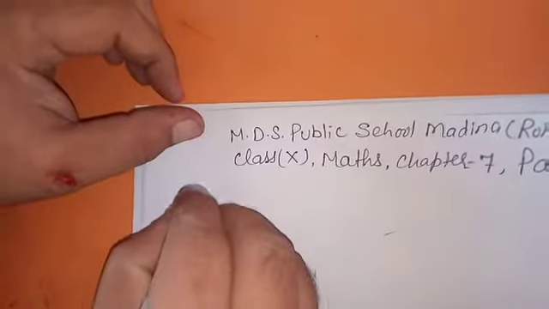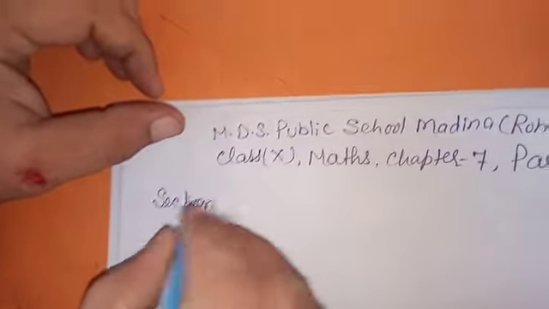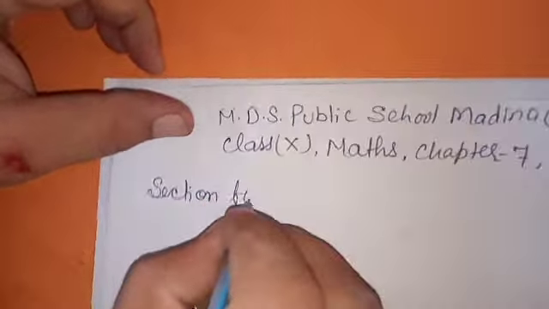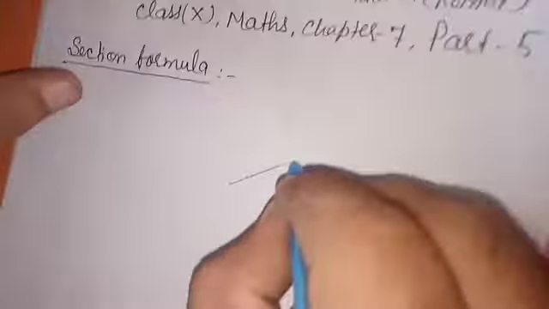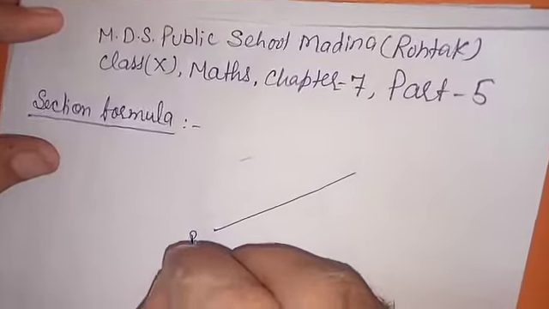In the last chapter, we did the distance formula and related questions. Now we can start the section formula. We know how to find the distance between 2 points by the distance formula. And now we can find the coordinates of a point like this point P, whose coordinates are